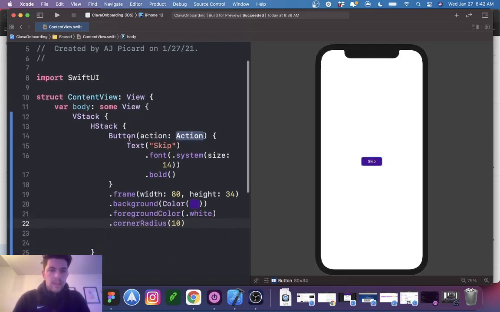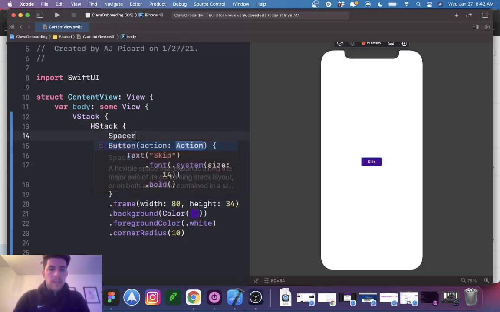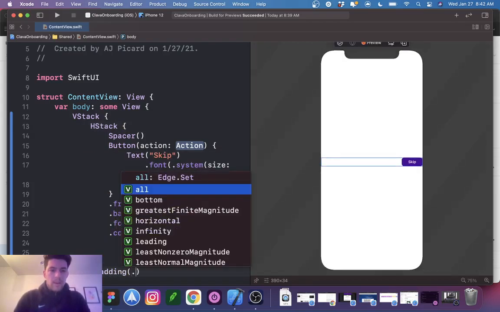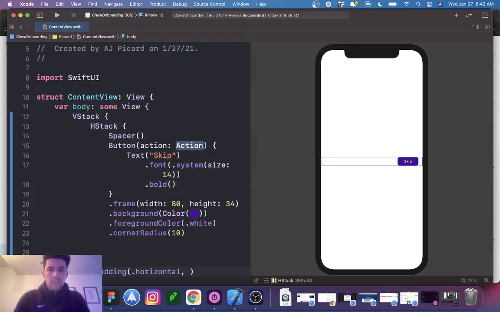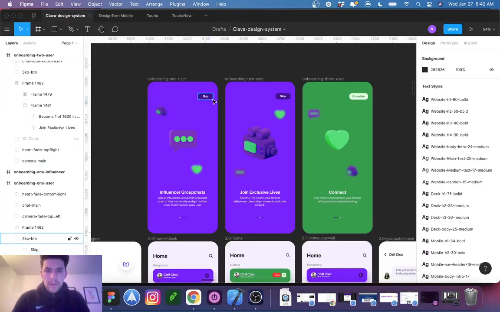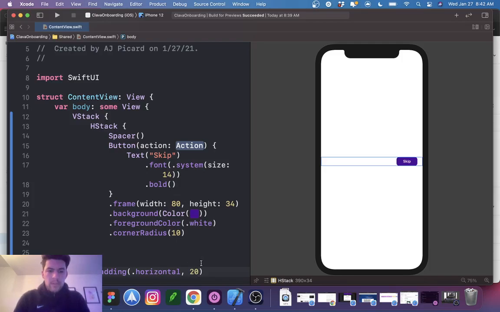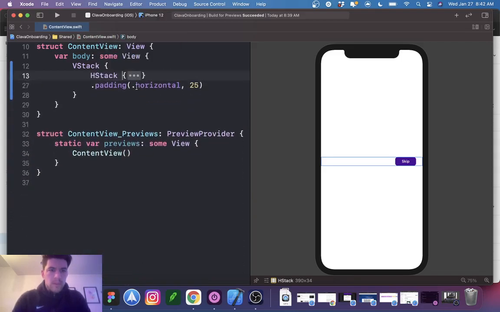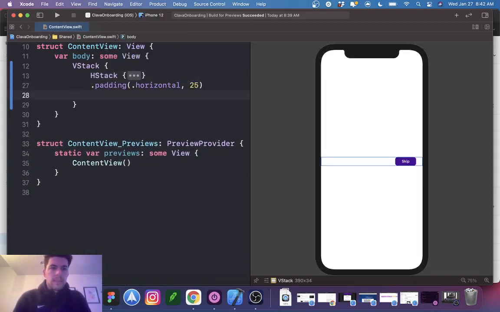Perfect. Okay. And then what we're going to do is come in here, add a spacer. And within that HStack, let's do a padding horizontal of 20. How much am I off here? 25. Okay, perfect. So we have that. Let's fold this. And then what we're going to build next is